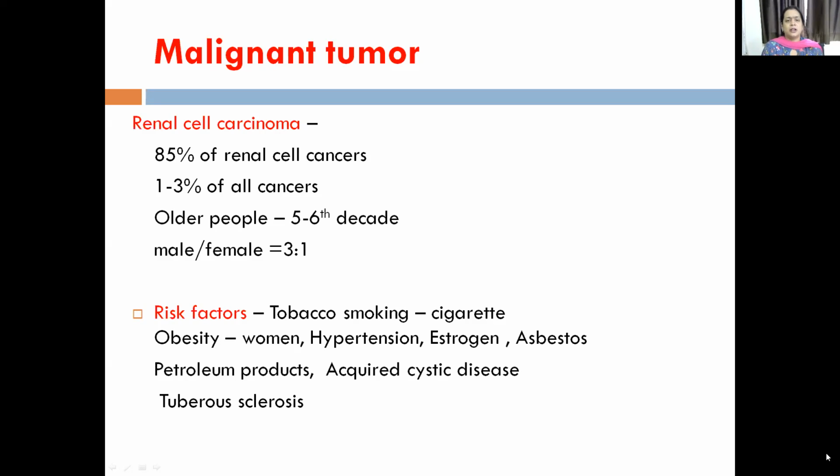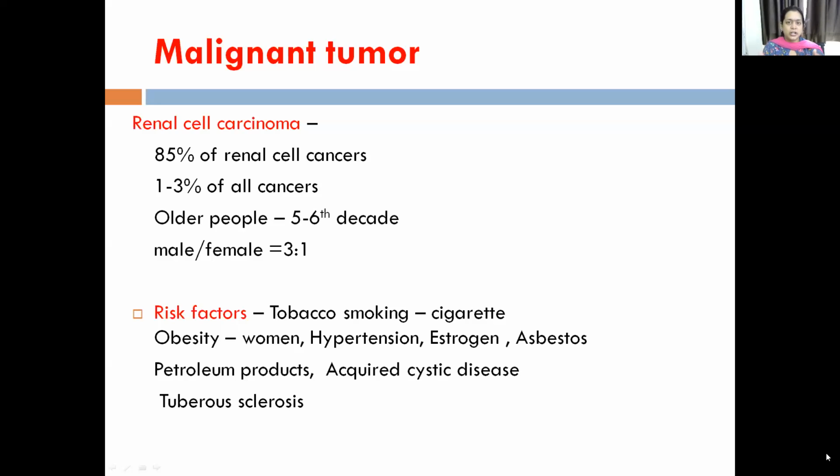Initially, he may say that he has some sort of infection, he may have headache, any kind of symptom can be mimicked by this renal cell carcinoma. So you have to go through a lot of investigations to actually get to the diagnosis of renal cell carcinoma,